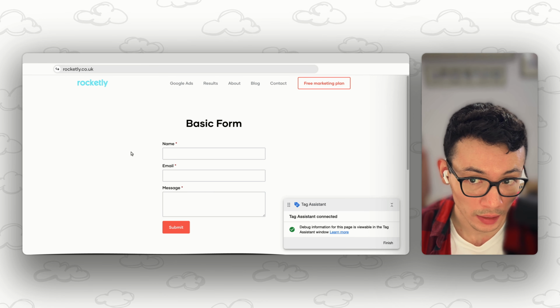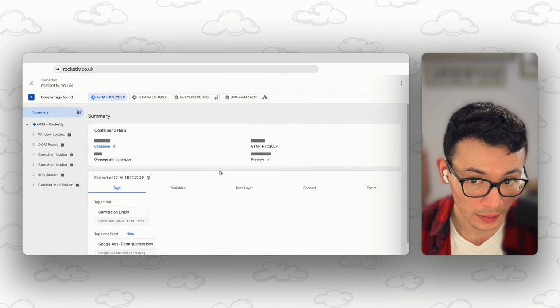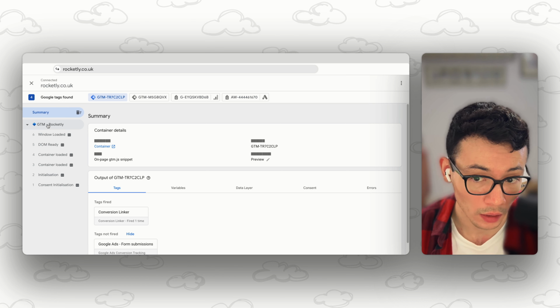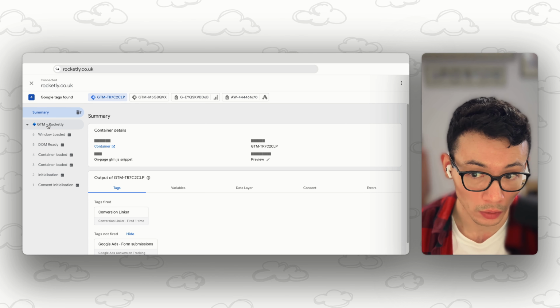And as you can see here, it's opened up the landing page with the form on, and we've got a button here called Tag Assistance. And then finally, you'll have another tab with the Tag Assistance live preview mode. So you can see a bunch of information here gets shown when you are in the Google Tag Manager preview